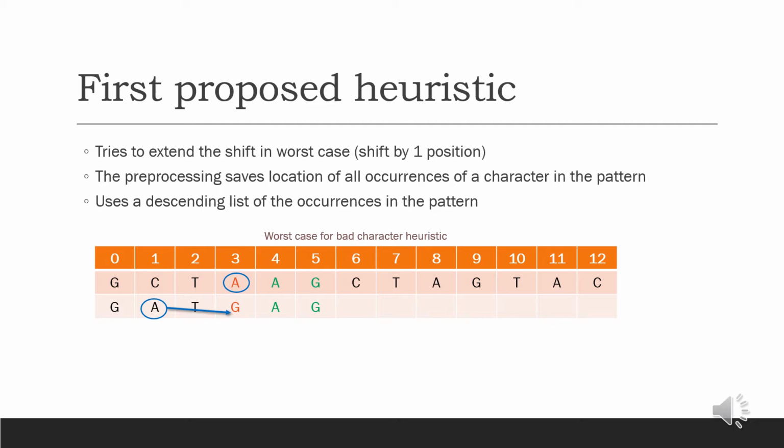Another optimization is that if the mismatched character doesn't exist in the left side of the pattern, the pattern is shifted right after the mismatched character, while the original heuristic would shift only by 1 position. If more occurrences of the mismatched character exist in the pattern, we move to the rightmost one in the unmatched